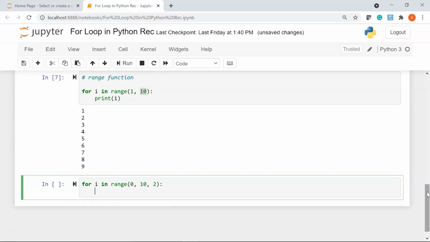I'll say print display values with a step size of 2. Give a comma here and my variable, that is i.